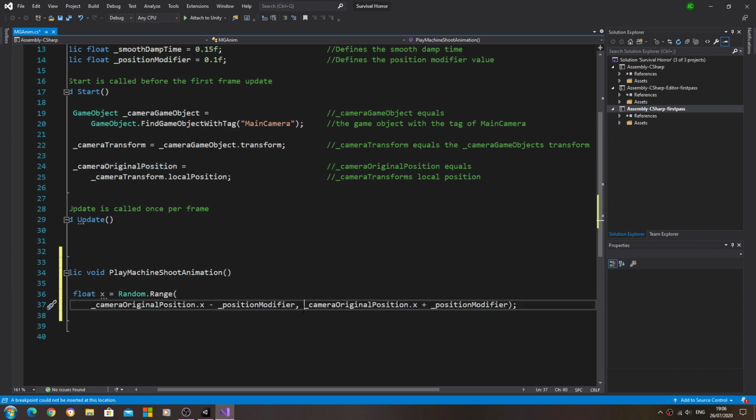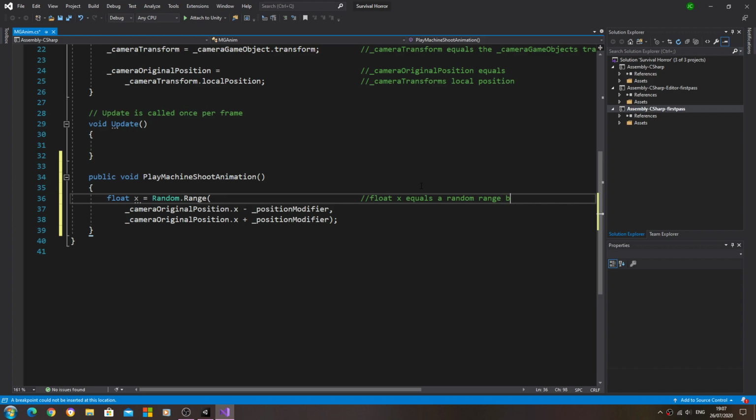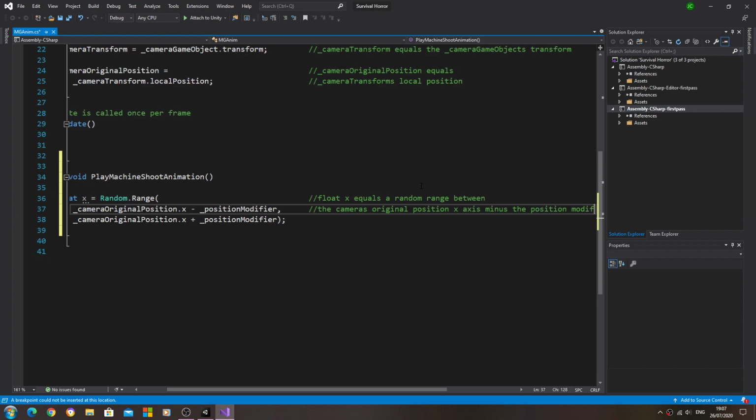and we're going to break that up for commenting, and we'll put it into the comments, and we'll say float x equals a random range between, and we'll say the camera's original position x-axis minus the position modifier,